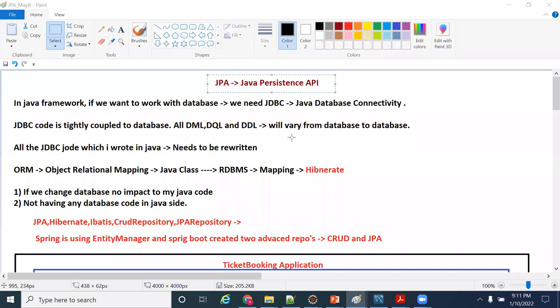Why do I need to change? Because, sir, every database has its own data types. Am I right? Every database has its own syntaxes. Assuming that Oracle has stored procedures, triggers, packages, something like that. Can the same trigger work from Oracle to MySQL? No, right? It will not work like that. So we need to write completely new logic. Whenever we change the database, we need a rework.